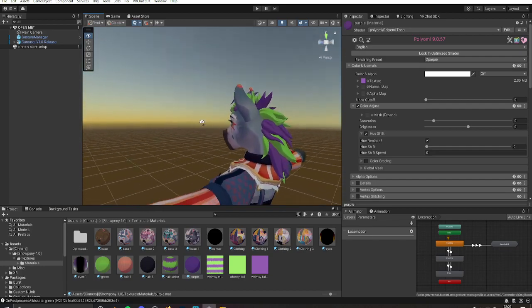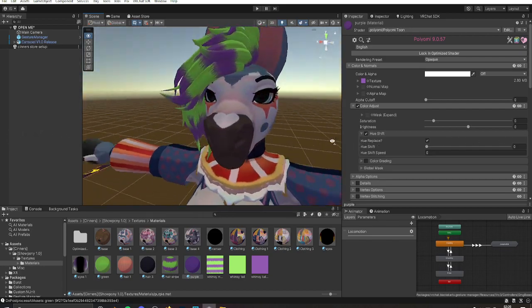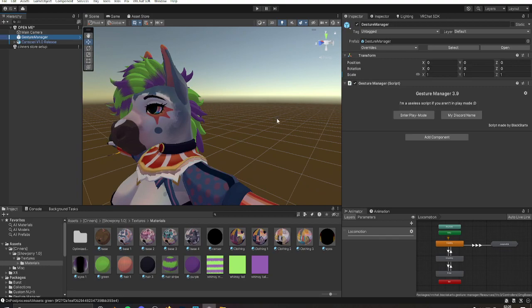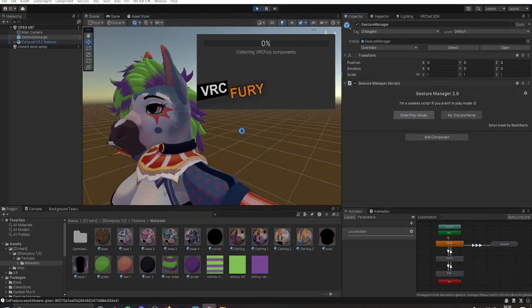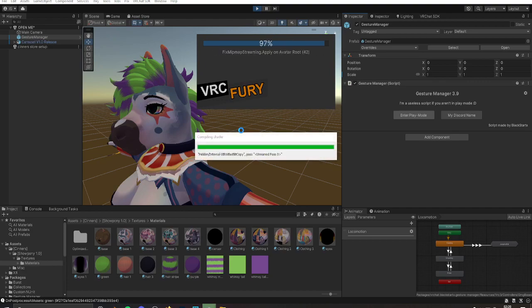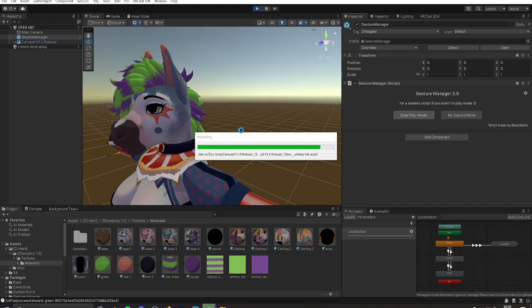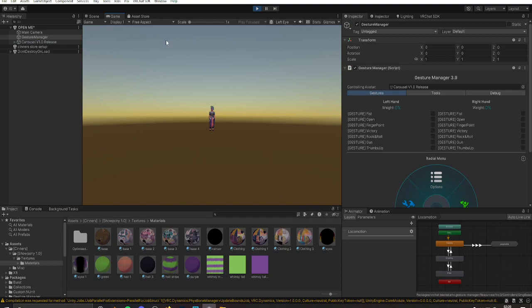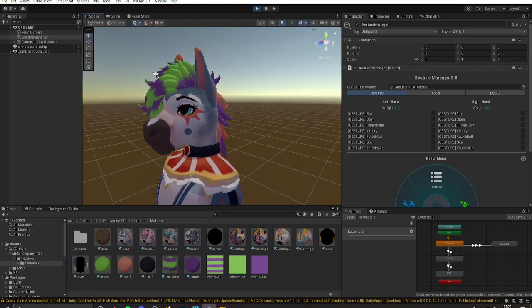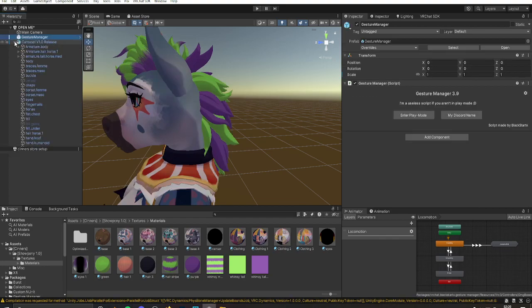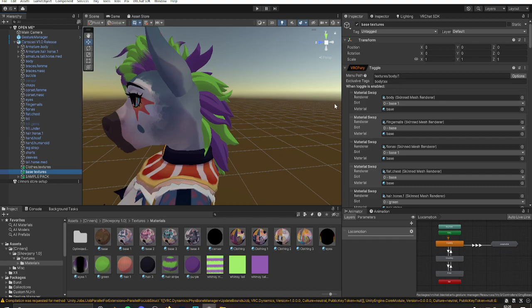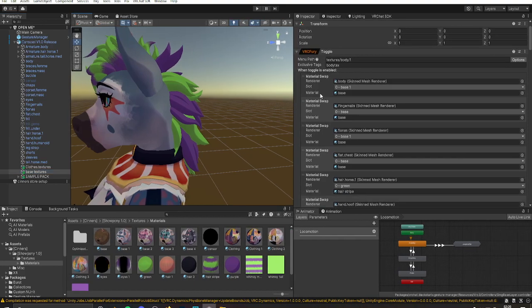Yeah, hopefully that helps. Let's just go into Gesture Manager and make sure that this works properly. It might be that the animations are breaking it. So if that's the case, we can just go into VRC Fury and delete all the texture toggles. Yeah, as you can see, it's changing this texture here. So if we go through to Carousel 1 Release, go to Base Textures, and then